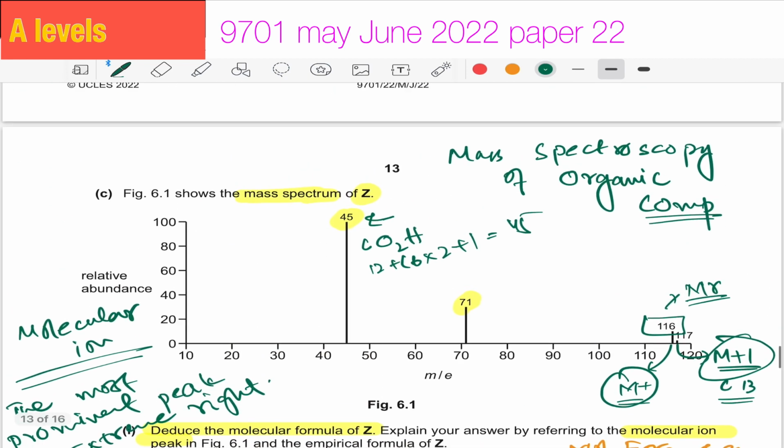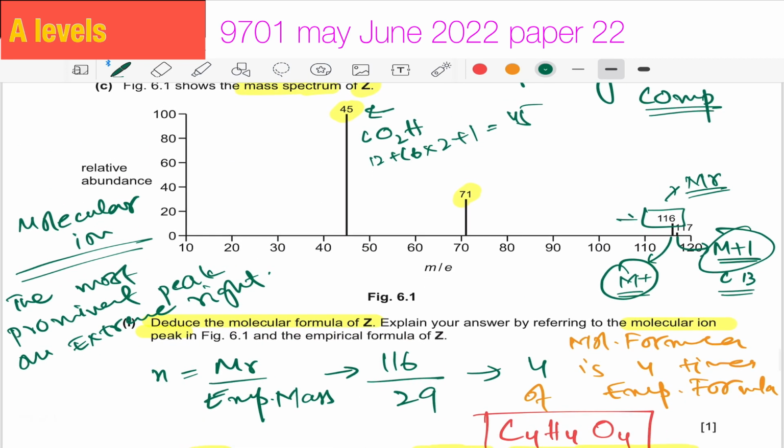And the next one is 71. Now the total mass of the compound is 116, and one of the fragments was at 45. So if we subtract 45 from 116, we get 71. So this is the peak at 71. What could it be? The actual formula is